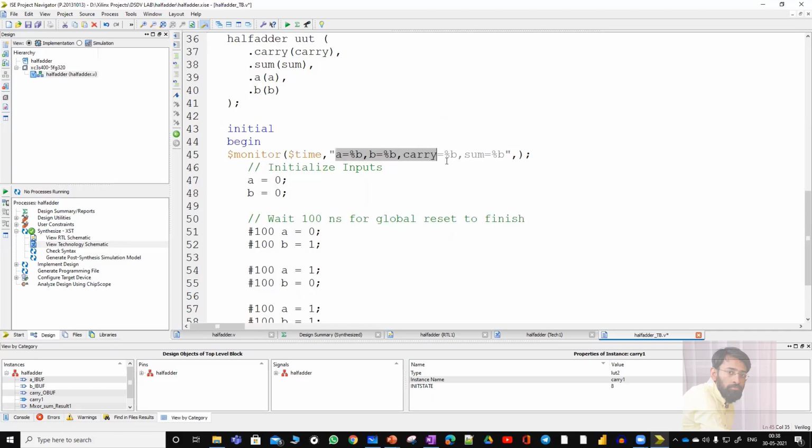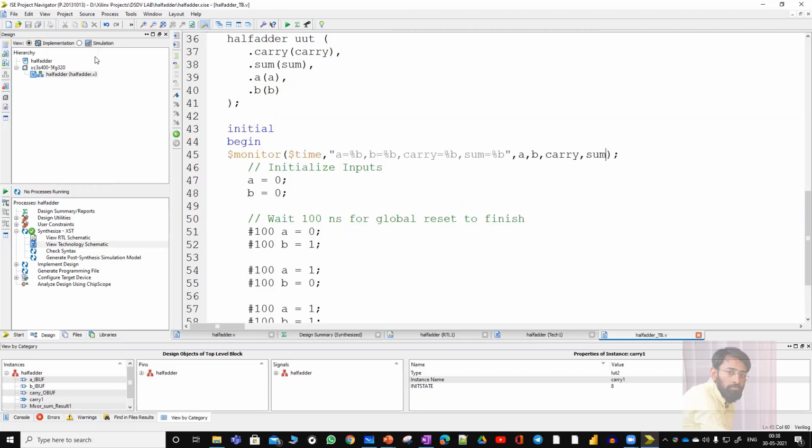This is the order in which you will view the result also. Initially you'll get A and B, after that carry and sum. This should match the names that you have given in your source code: A, B, carry and sum.